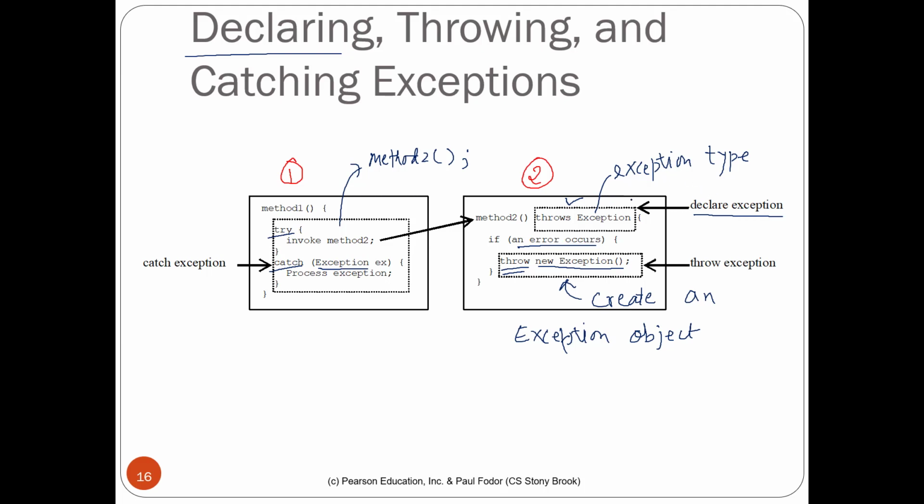So this is the declaration right here, and we declare the exception in the class, in the method where we may have an exception. Throwing takes place in that method itself where the exception will take place. So you check for the condition of an exception, and if the condition is true, then you create an exception object and you throw that using the keyword throw. And once that is thrown, this thrown exception would be caught by the invoking method, which is method 1